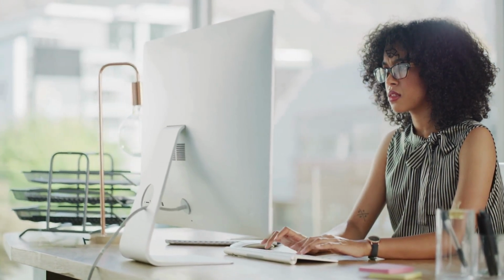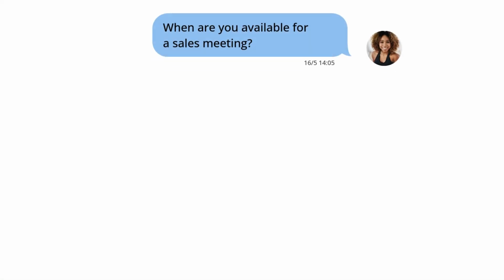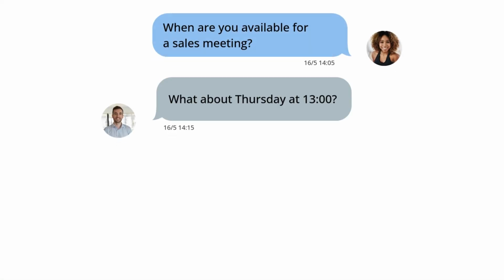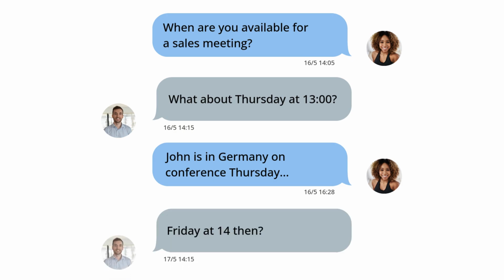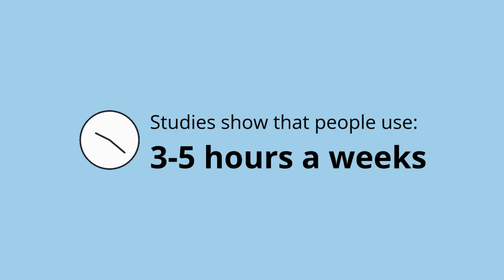You need to set up a meeting. Seems simple, right? So you open your inbox, start messaging colleagues asking when are you free, waiting for replies and trying to piece together everyone's availability, adjusting again and again, and still someone can't make it. Studies actually show that people spend 3 to 5 hours each week just trying to find the right people and